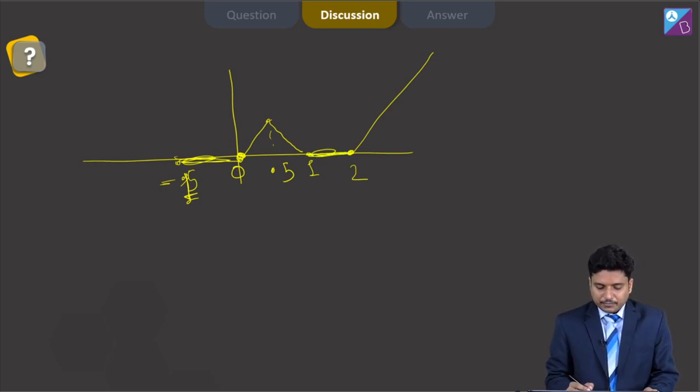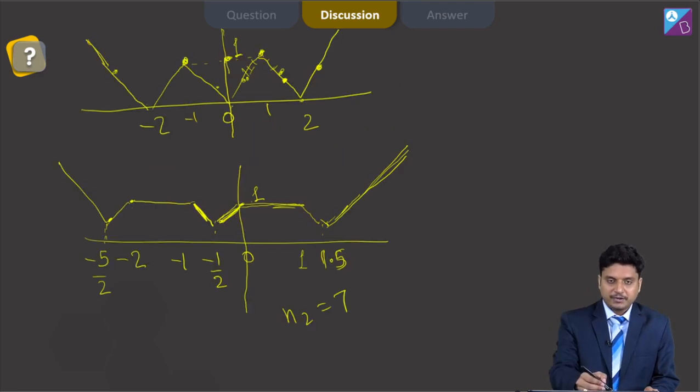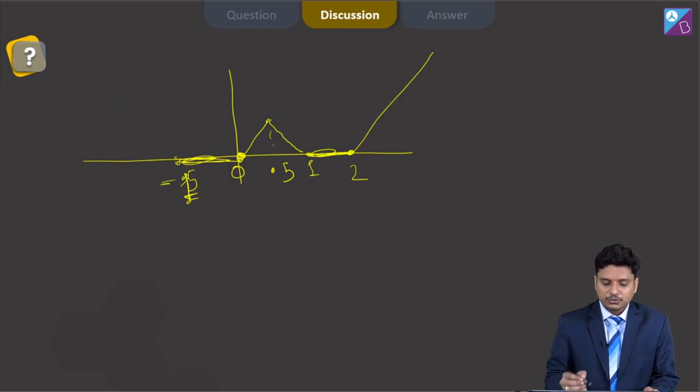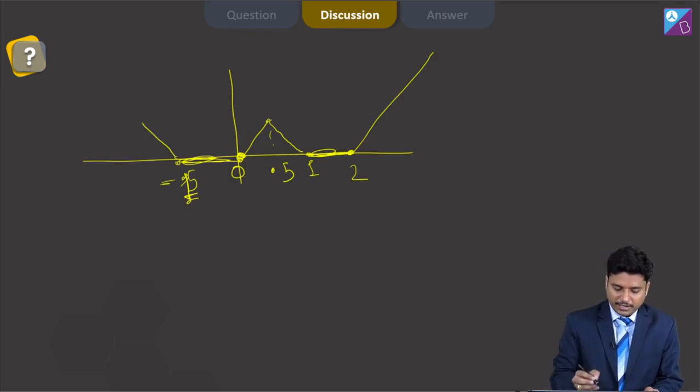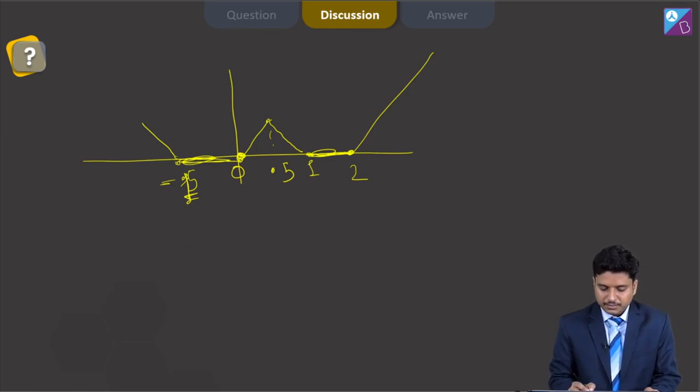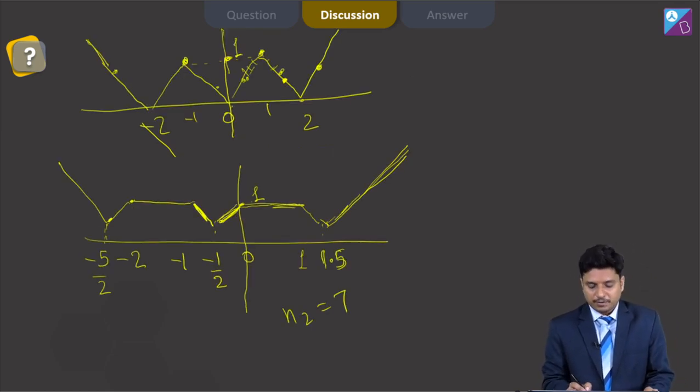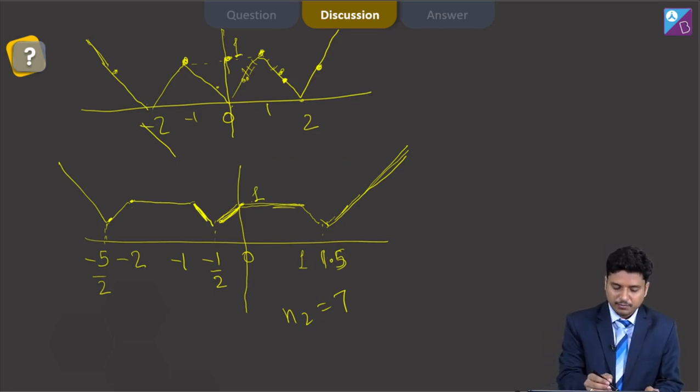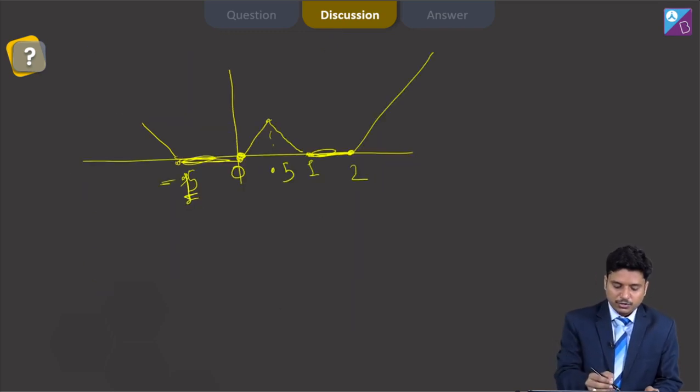And now suppose you have to find h of minus 1.1, t will vary from minus 1.1 to minus 0.1. So what will be the minimum possible value? It will be according to this one. And from minus 1 to next, suppose you have to find minus 1.6, what will be the value? t will vary from minus 1.6 to minus 0.6, and the minimum value will be according to this graph only. So this will again go down